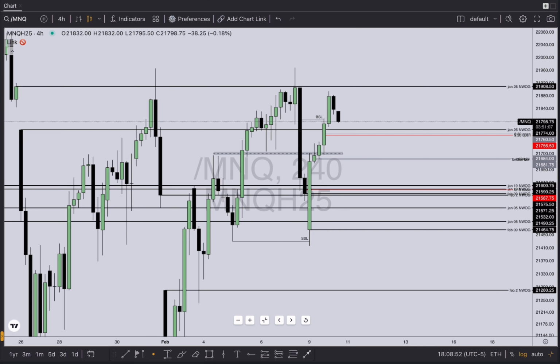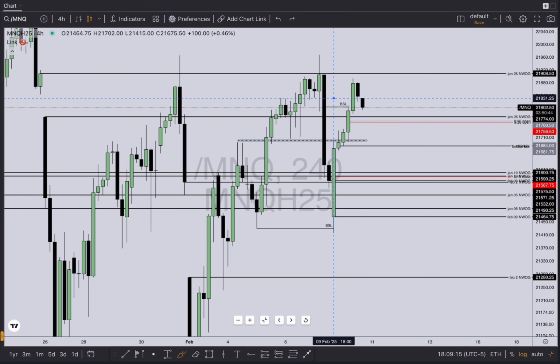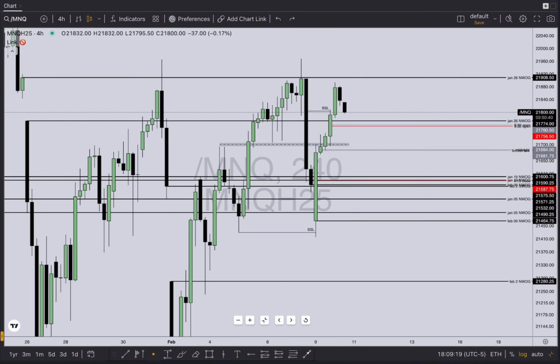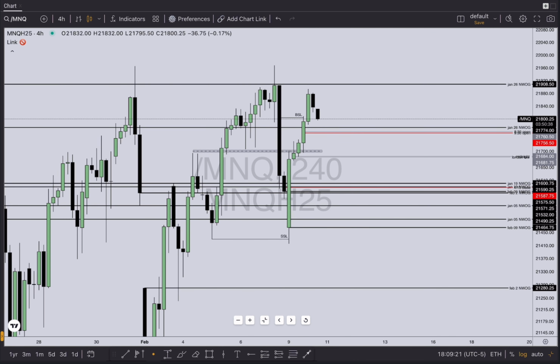So starting off on the higher time frame, let's assume we are obviously coming into the morning session. This was the candle that was printed. The other three candles on the 4-hour chart were not printed. So I'm going to remove this, but keep in mind that we're not looking at the three candles right here, right? They were not printed. Okay, so coming into the session, obviously